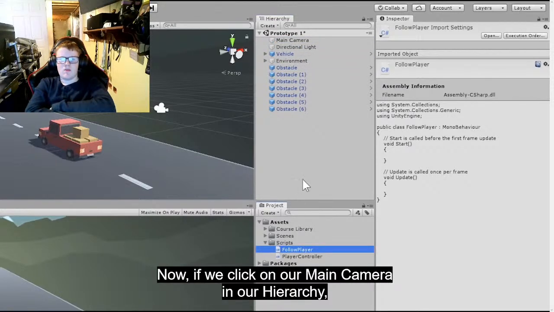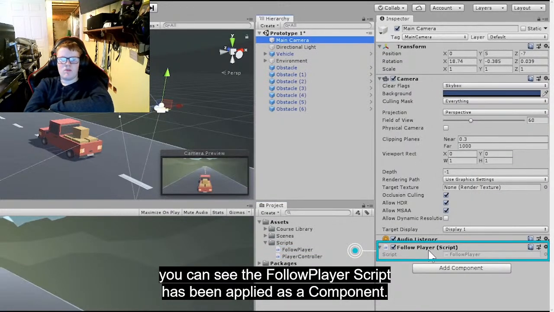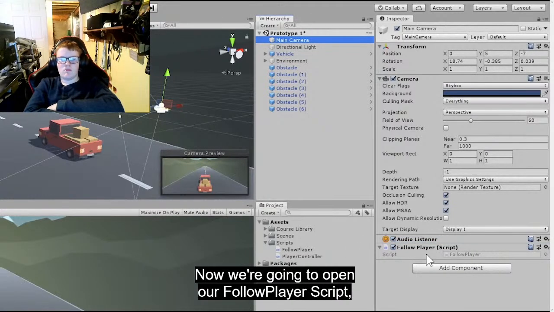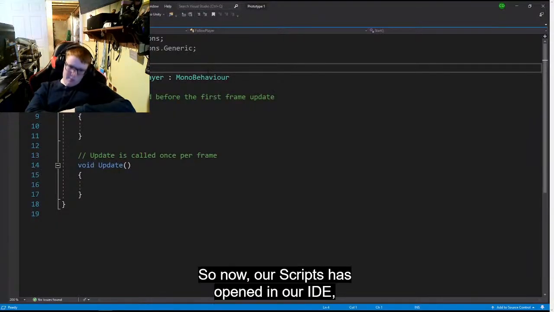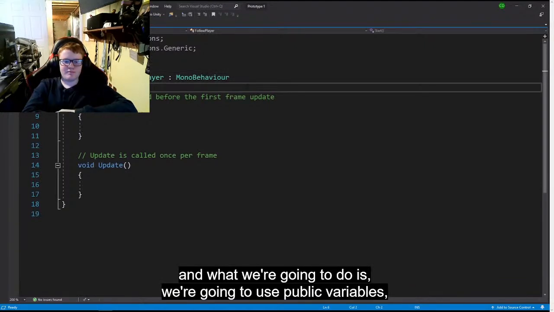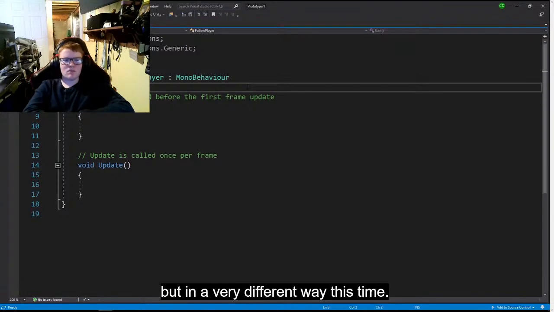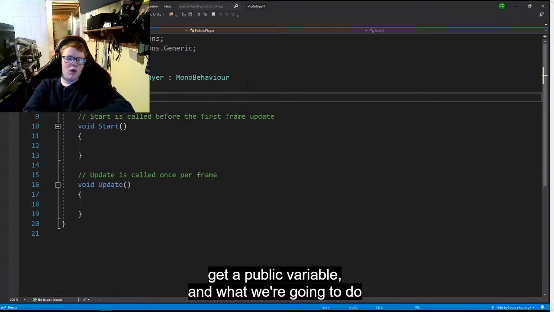Now if we click on our main camera in our hierarchy, you can see the follow player script has been applied as a component. So now we're going to open our follow player script by double clicking on it. So now our script has opened in our IDE, and what we're going to do is use public variables, but in a very different way this time. So what we can do is get a public variable, and what we're going to do is